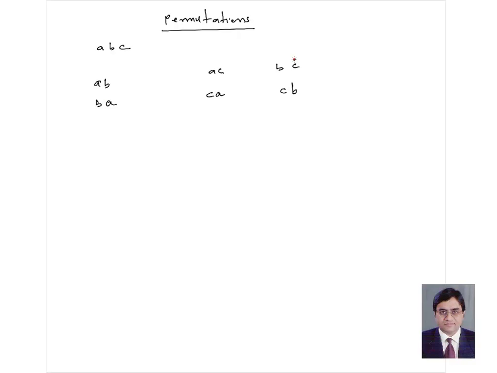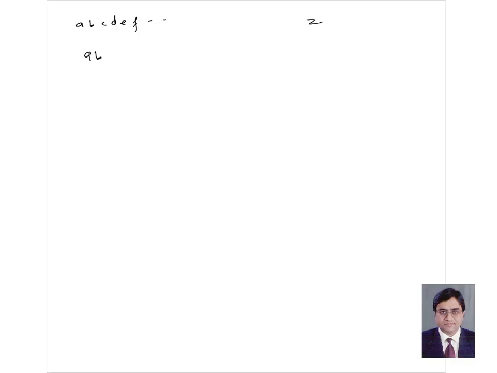This method is simple if you look at small numbers. Just 3 numbers or alphabets were there. But when the number is large, then this type of counting becomes tedious. Now suppose we have the same question, A, B, C, D, E, F, G, H, and so on. Now choose 2, and not just choose, place in order. Then the job becomes bigger